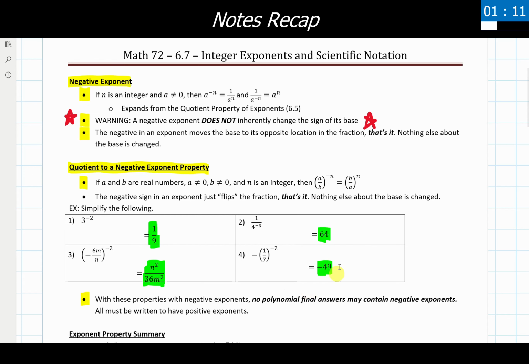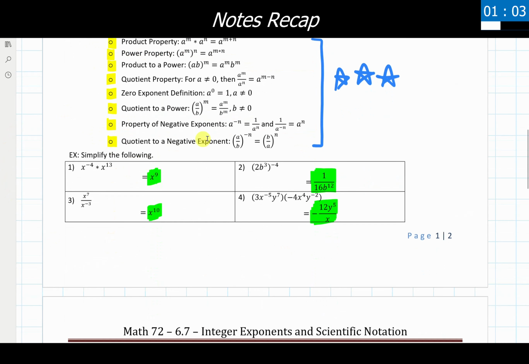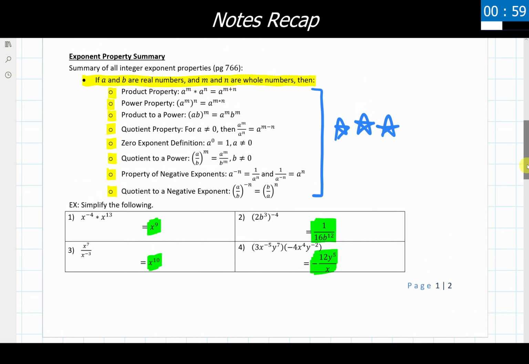We went through 4 examples of just applying these two properties, and then we saw some examples of how we can apply all of our exponent properties to some different examples listed down below here. I would again highly recommend pausing the video and having these properties written down for yourself, because they do show up quite a bit, and we kind of mix and match those with different problems that we see in the order that we do them in, like we saw with our 4 examples here.